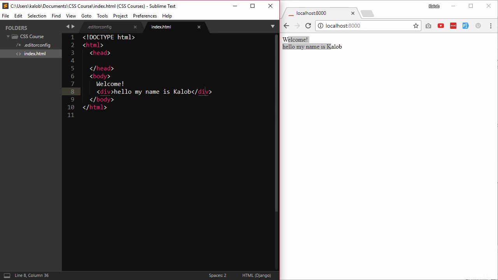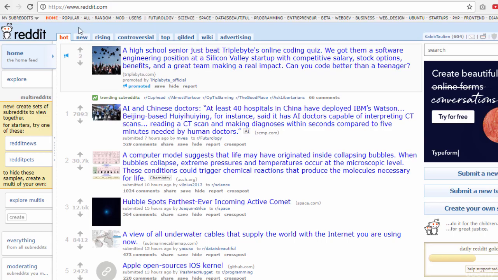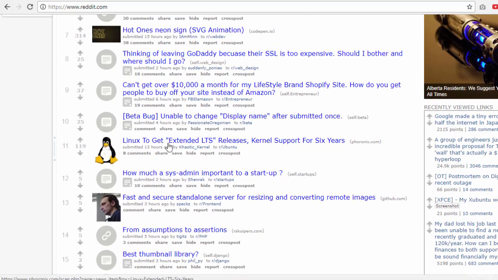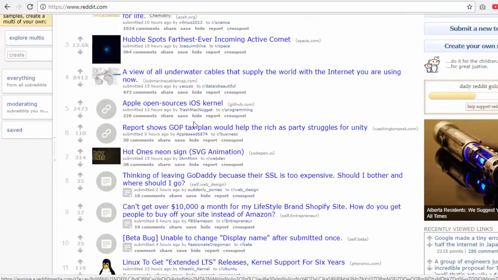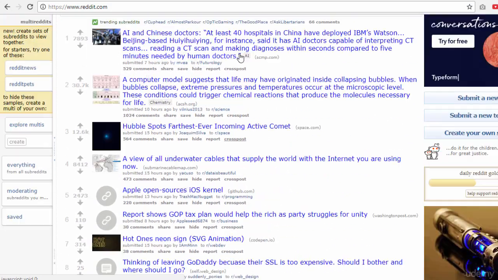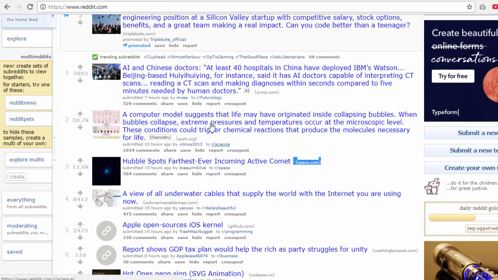And so a good example of this would be the website Reddit. So Reddit, while not a beautiful website by any means, does employ some CSS. So we have links. When you click a link, what happens? When you hover over a link, what happens? When you go over one of these, what happens? Is this text a little bit different from this, right? So now we have, even over here, when we move our mouse over, that's not just HTML, that's CSS at